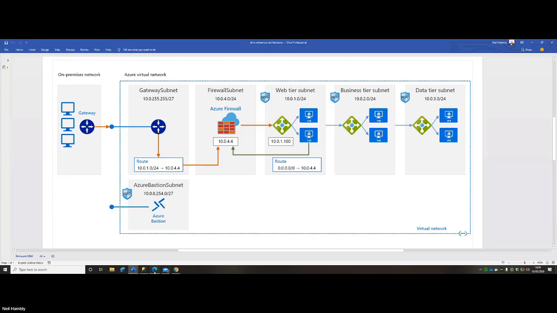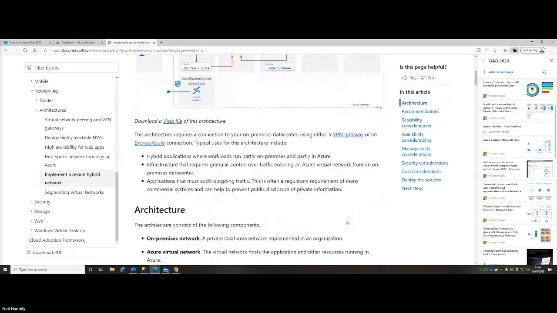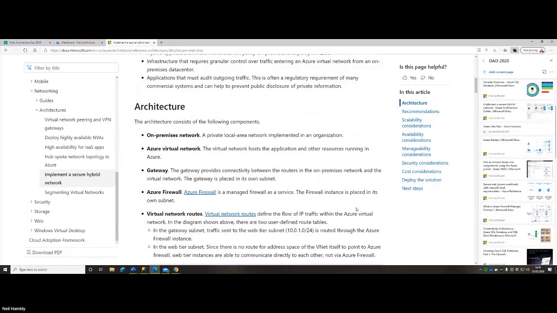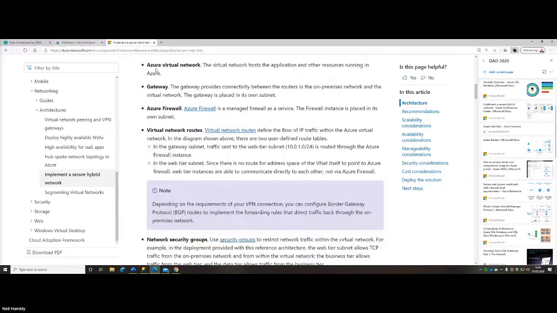Let's go back to our main page. So we've got some of that information, and we'll explore and explain it in more detail. But essentially, what we are going to be focused on today is this Azure Virtual Network, or VNet, as we normally shorten it. We like to have acronyms very short. Then gateways, what their purpose is and why they're placed in their own subnet. The Azure Firewall is very, very important. It's generally in its own subnet, and it's how we manage access in and out of our virtual network.